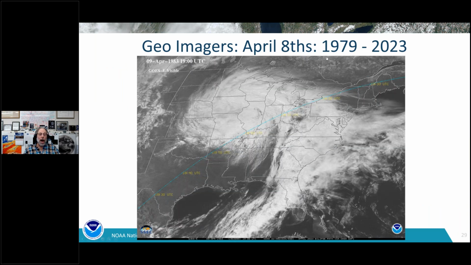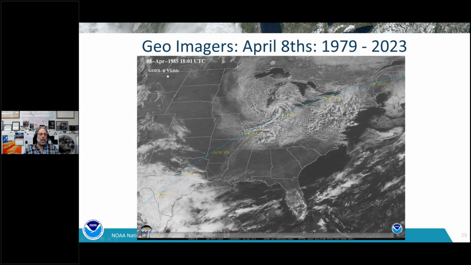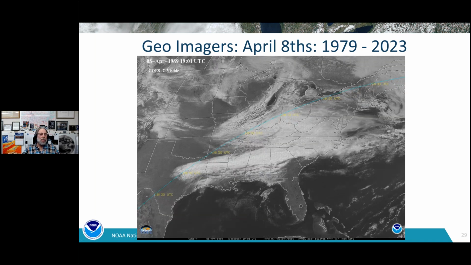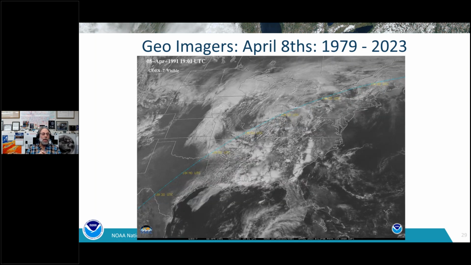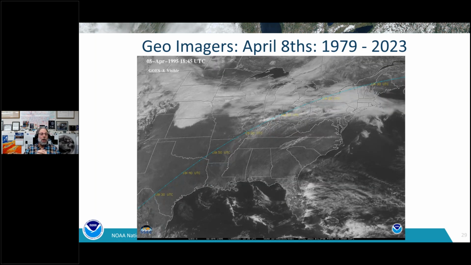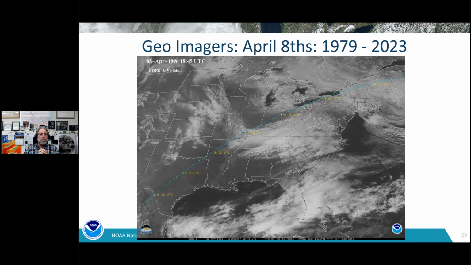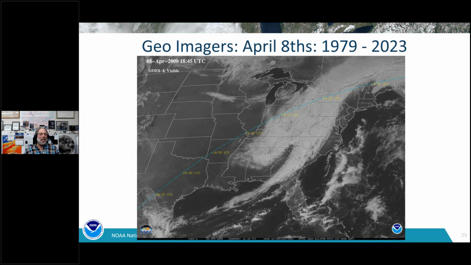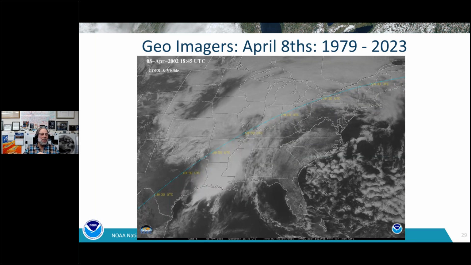So here's GOES 5, GOES 6, GOES 7, all remapped into the same projection. Then we move to GOES 8, 1995. Again, it does vary year to year depending on the weather.